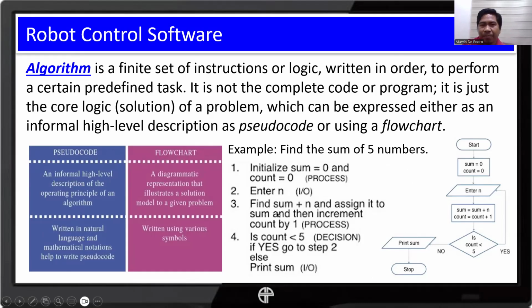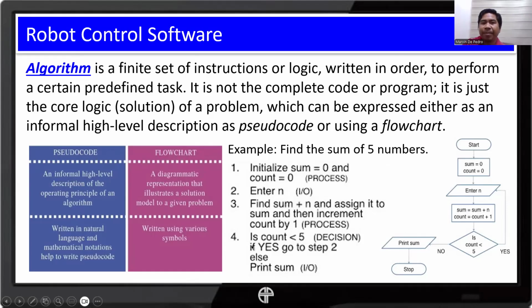Okay, so for example, if you want to find the sum of five numbers, the algorithm could be something like this. We initialize it first, and then we allow the user to enter the value of n, and then out of that we find the sum, assign to sum, and then increment by one.